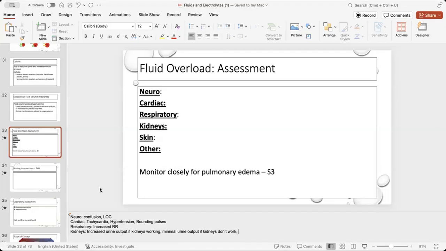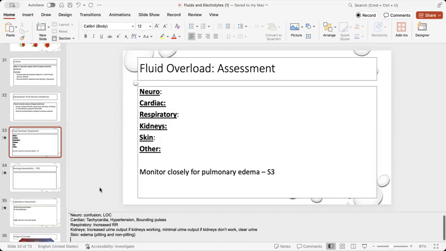Okay, what about the skin? It might have some edema, it might be pitting, it might be non-pitting. Okay. Anything else that we need to include? Weight. Okay. What about the weight? Weight gain, yeah. Also with respiratory, there might be some changes in our lung sounds. Possibly crackles, right? If I have extra fluid in my lungs and I hear crackles, how might I also feel? Short of breath. Okay, that could be something else the patient may experience.